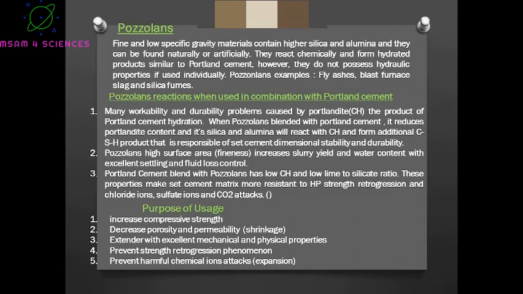In the previous videos we discussed the anomalies of Portland cement shrinkage, so pozzolan will take part in overcoming the shrinkage phenomena. It can be used also as extender with excellent mechanical and physical properties because pozzolans are fine and their weight is very low, their specific gravity very low. It is used, as we explained earlier, to prevent strength retrogression phenomenon and also to prevent harmful chemical ions attacks that cause expansion, as we studied in the